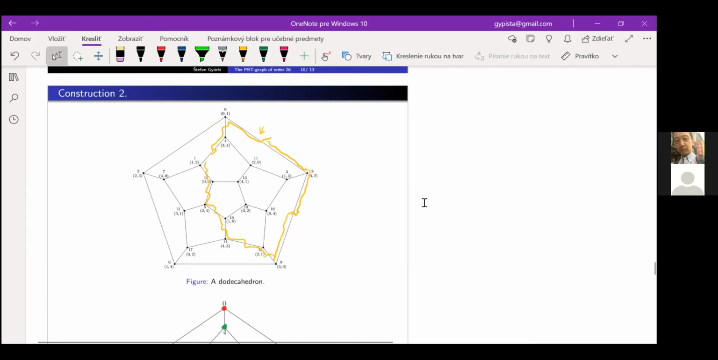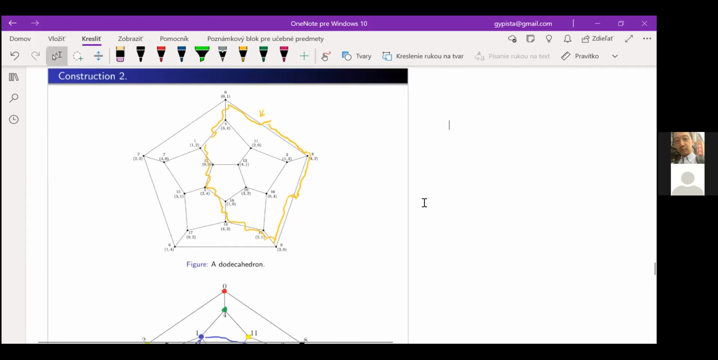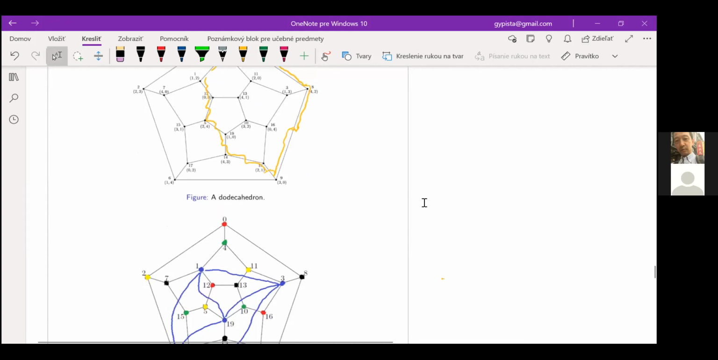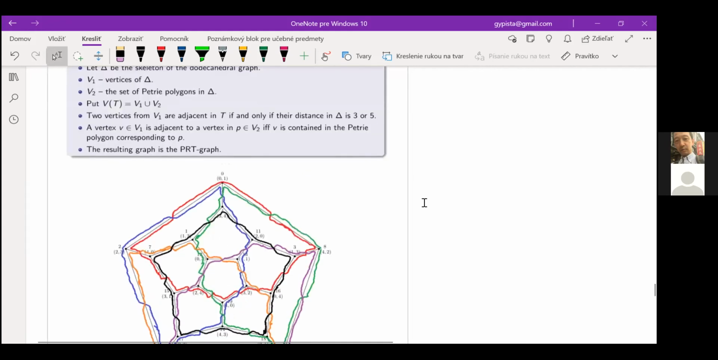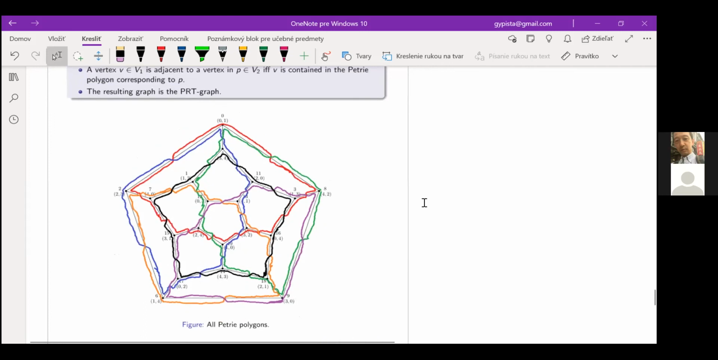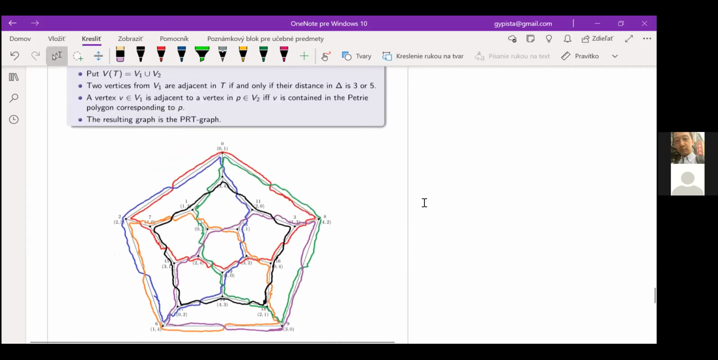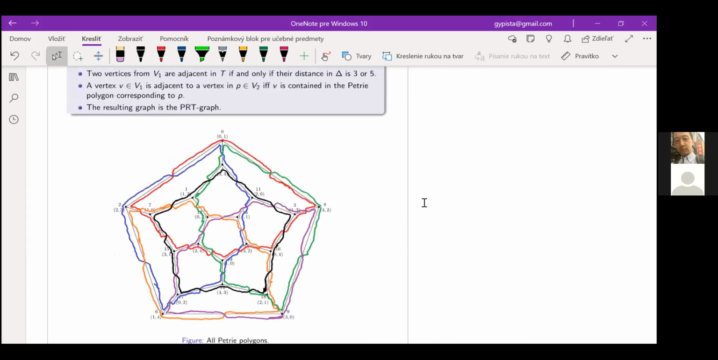this means that the decomposition into Petrie polygons is giving a 2-cover of the edge set of the graph. So here it is. And now we are obtaining our graph in such a manner that vertices which are corresponding to the vertices of the dodecahedron are adjacent if and only if their distance is either 3 or 5 in the